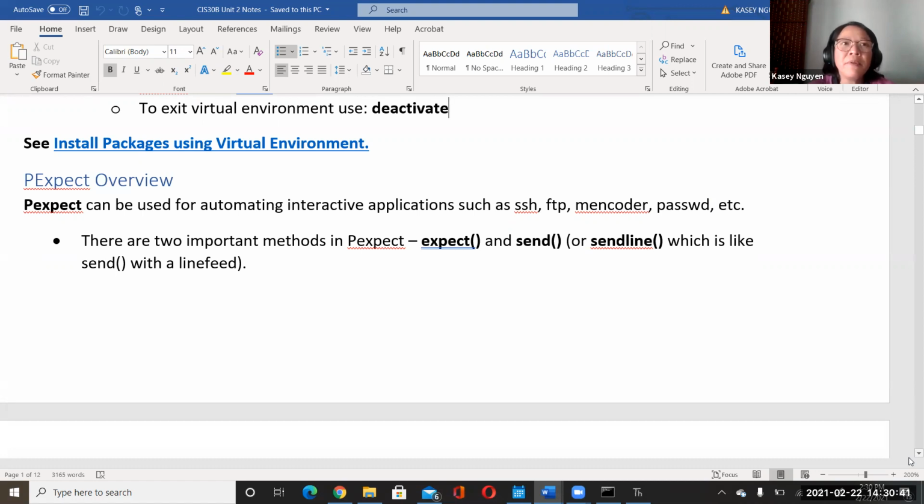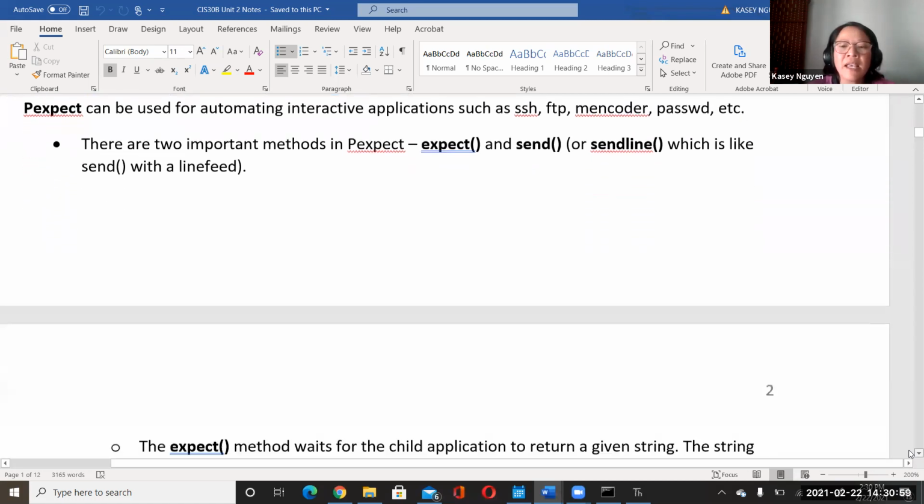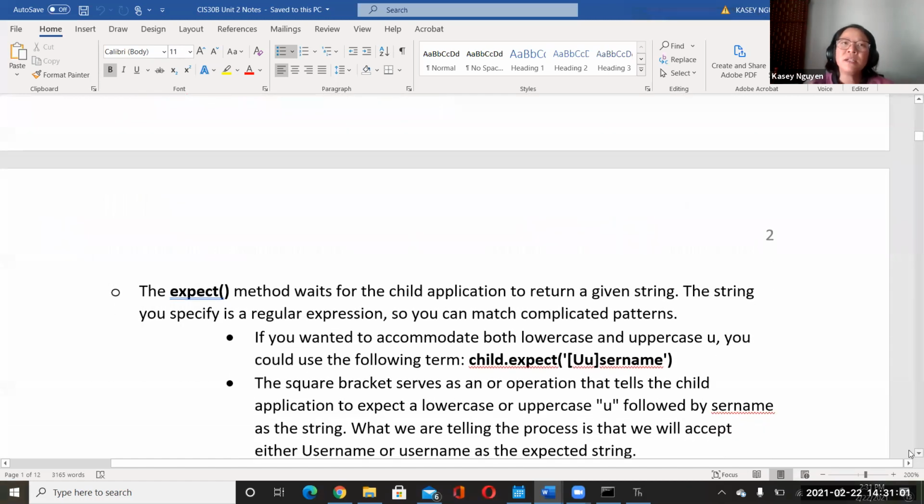The example shown in the textbook, and in a lot of the resources online like the documentation, uses sendline to stream in the characters, mainly for the password. It uses line feed, which was created to work with older systems like DOS and Unix.